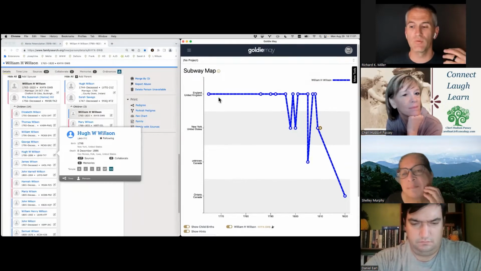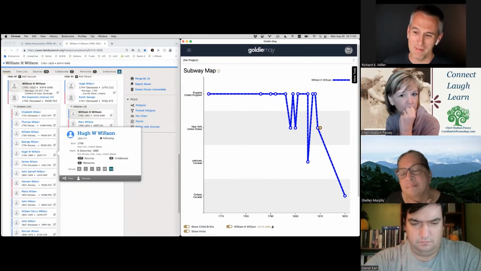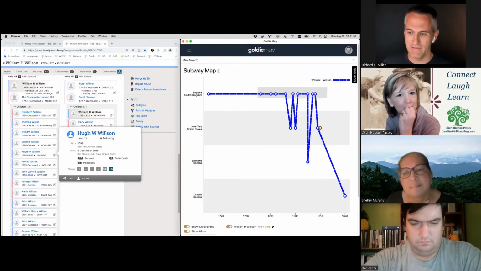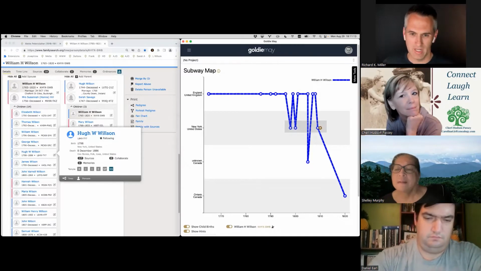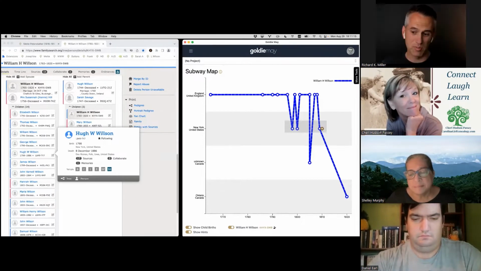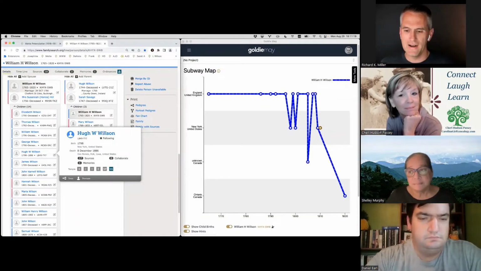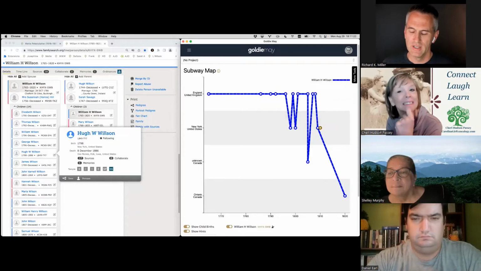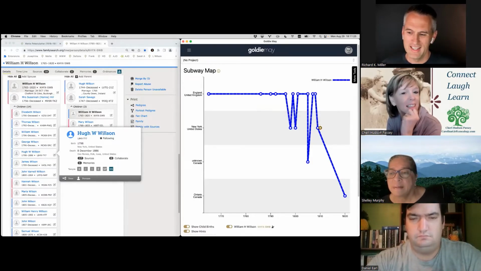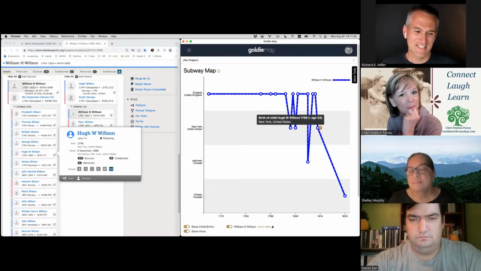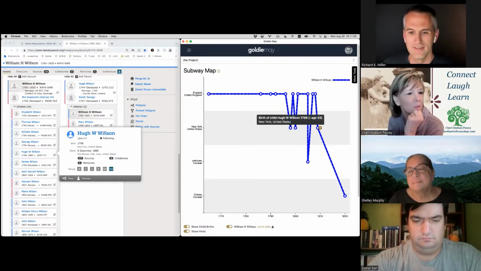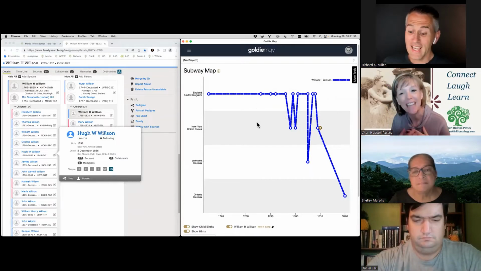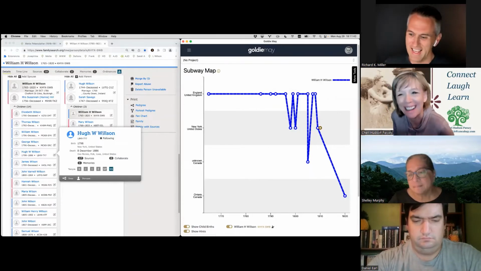But the subway map shows you in one quick view, hey, we've got a problem, because really it's probably that this is a family in one consistent place in England. And then these dots might be a separate family, because there's a consistency about being in New York. So it's probably that someone accidentally attached these children to a person who's not really the father. And this is my line, so I'm interested in getting this resolved. I don't think William is really the father, or at least this William's not the father. And I can see it really quickly with this. Right, especially at that time period. Yeah, so I must have two families somewhere. Yeah, that's right.